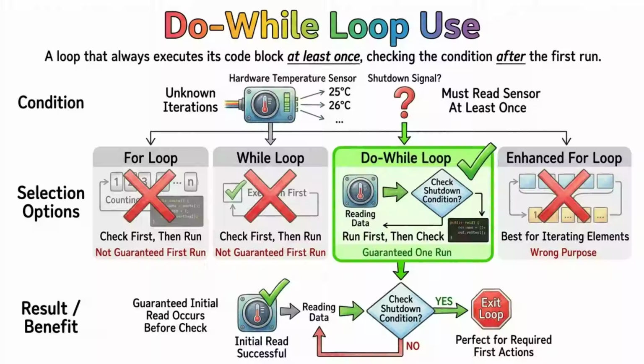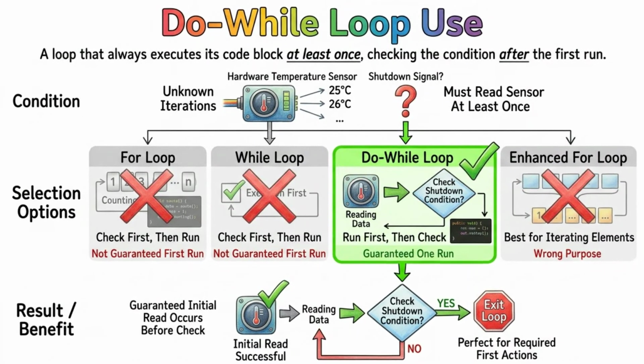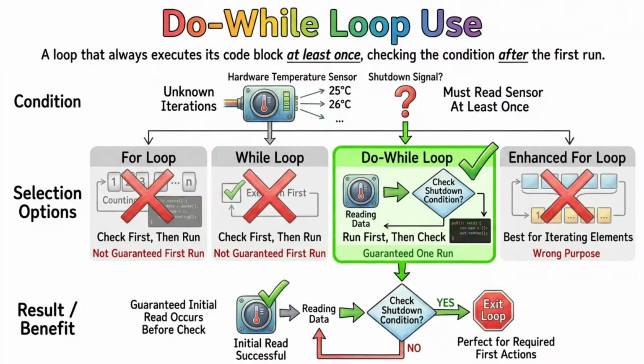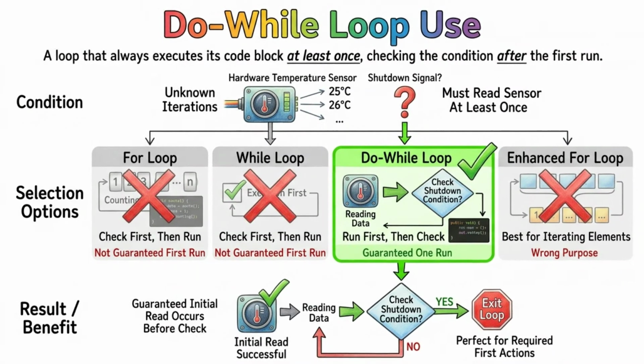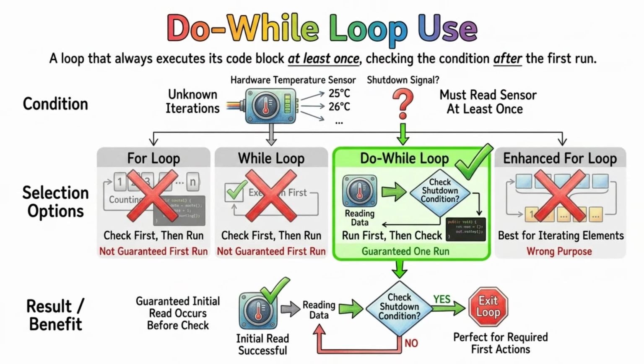Imagine you are writing a script that reads temperature sensor data, and it needs to run continuously until a shutdown signal is received. Because you need to take an initial reading before you can check if it's a shutdown signal, you should use a do-while loop. This specific loop structure guarantees that your code block will execute exactly once before the Boolean condition is ever evaluated